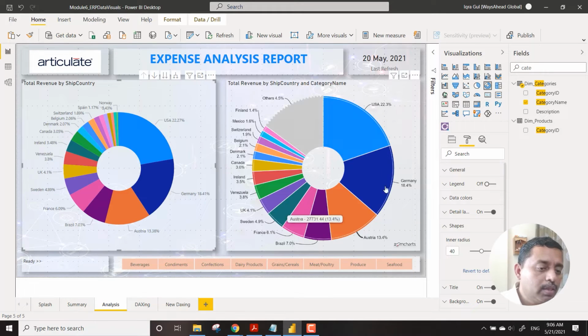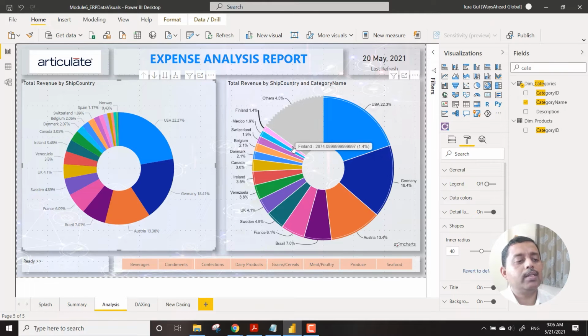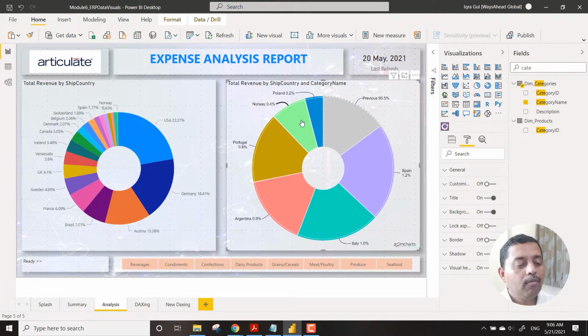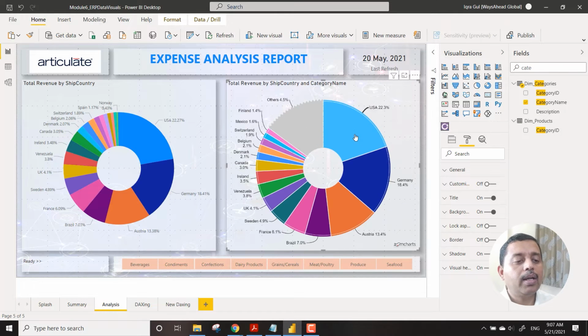Now anyway, let's come to this particular custom visual. So custom visual, what it is showing is that here also it is showing the same data, but here what is happening is it is showing that okay, I am able to show you 95% of the data, but I am not able to show you 4% of the data. So would you like to show this 4% of the data? So you say yes, and it goes inside. When it goes inside, you will see that it is able to show you the 4% of that as a zoom, and it also says that if you want, you can go back to your 95.5% as well. So you can click and then go.